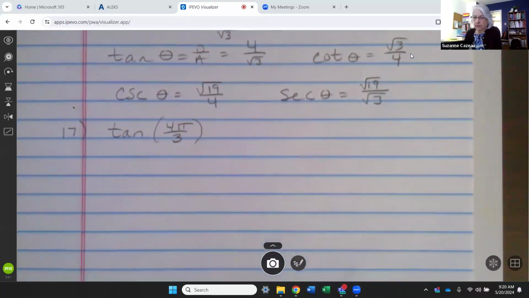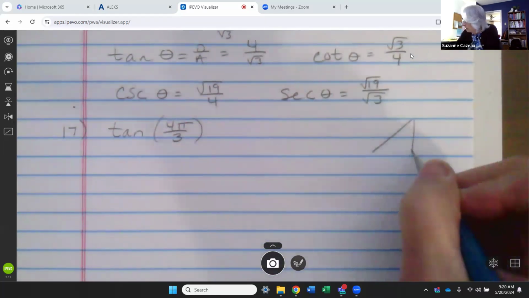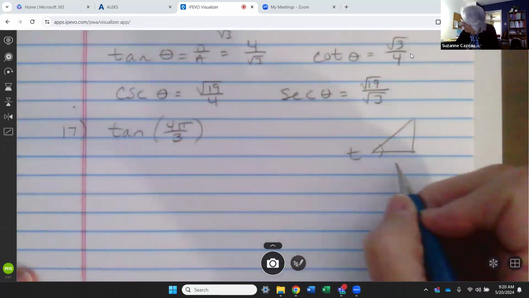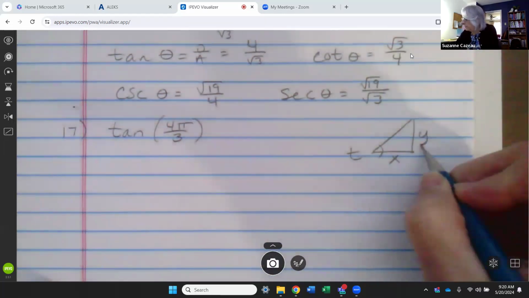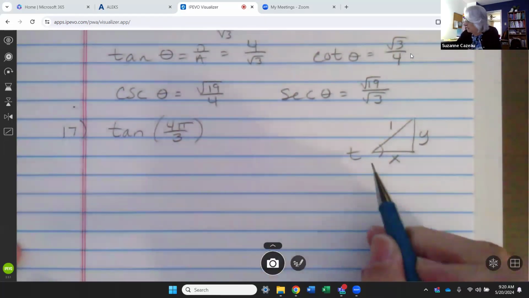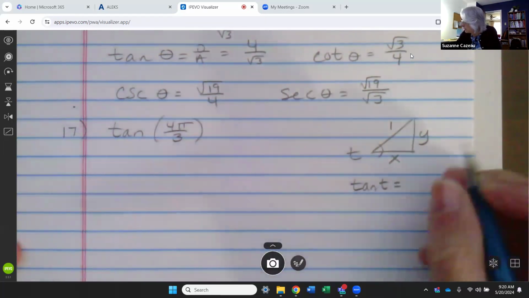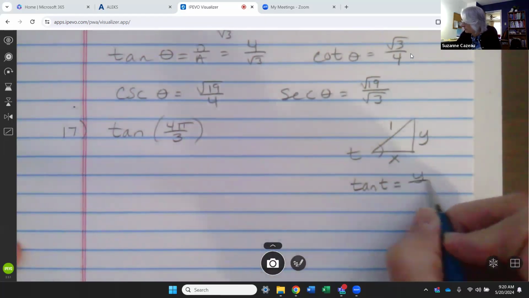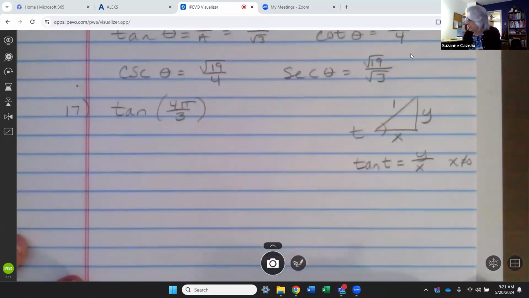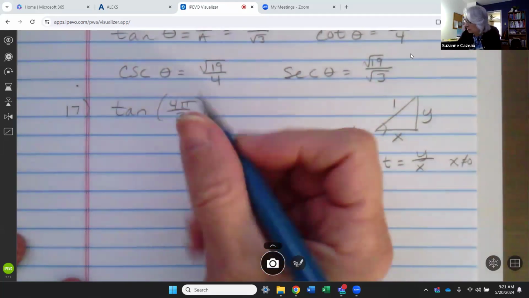Well, if you want to answer their questions, you remember T is the angle on the unit circle. And this is X, this is Y, this is 1. So you can get all the trig functions off of that. Tangent of T is opposite over adjacent, right? Opposite over adjacent. And of course, you can't have 0 in the denominator. But I don't really do it that way. I just do, oh,